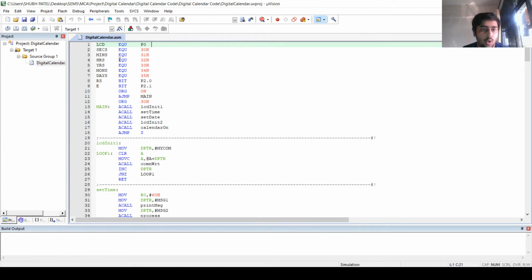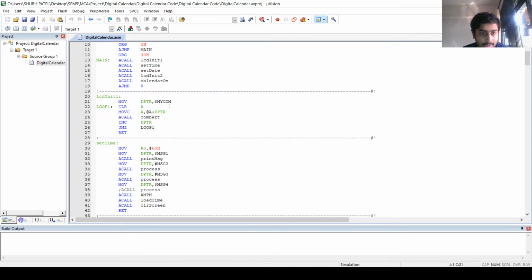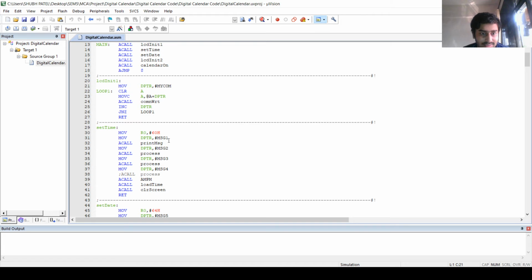So this is the code that I have burnt into the microcontroller. I have first assigned some values to seconds, minutes, hours, years, months and days, and I have used port 0 for the LCD module. Then I have displayed some messages.